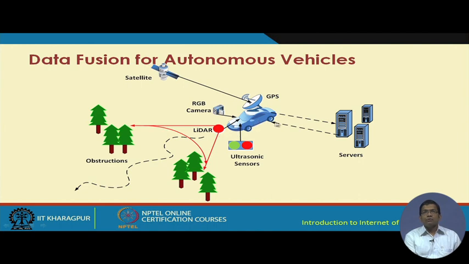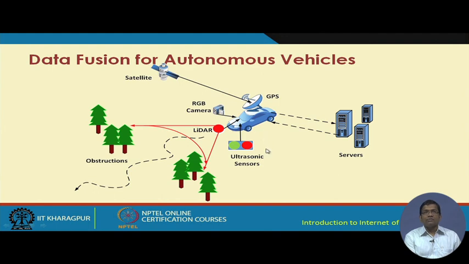They also need to communicate with the satellite, with the GPS, and with technologies such as LiDAR for getting a map of the obstructions ahead, while ultrasonic sensors can help check different obstructions on a small scale. LiDAR can give a bigger picture, whereas ultrasonic sensors can give a small-scale picture of what is ahead of